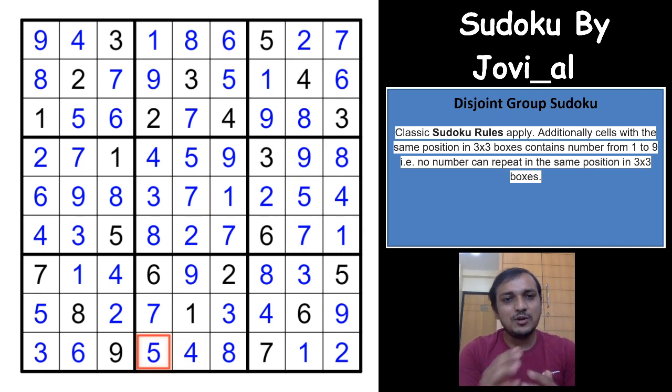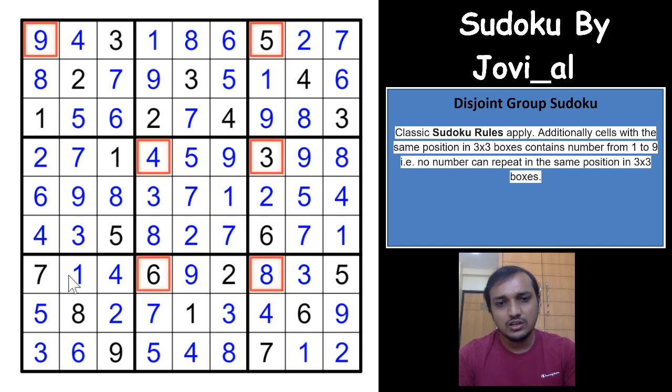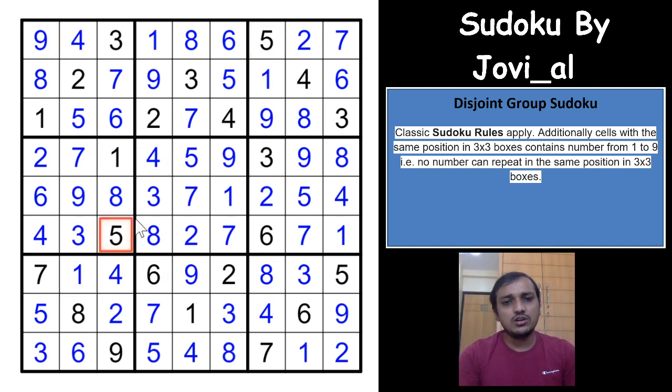Not a difficult one, but we were able to see all the possible techniques that come into play. There are still more advanced techniques. You can have Y wings in different boxes as well in the same places. That is also possible in this Sudoku. I have seen a few disjoint Sudoku having Y wings in the different boxes with the same placement, and the moment you get a pair in the same place of different boxes, you can just eliminate the same possibilities of those pairs in the other boxes, right? So it's a really fun variant. Disjoint Sudoku has really good logic used, and I would really recommend you to try out this Sudoku first.